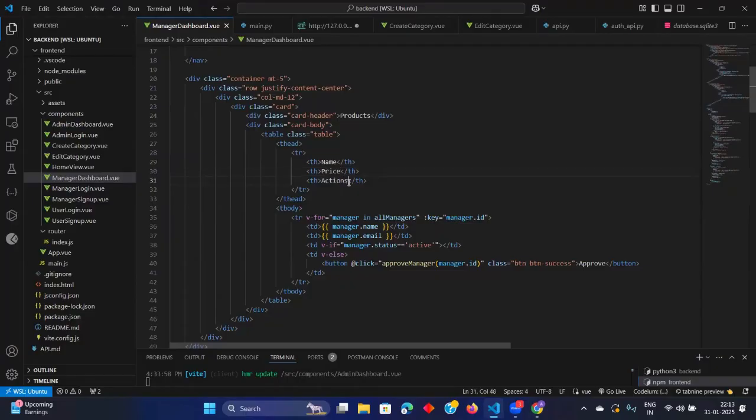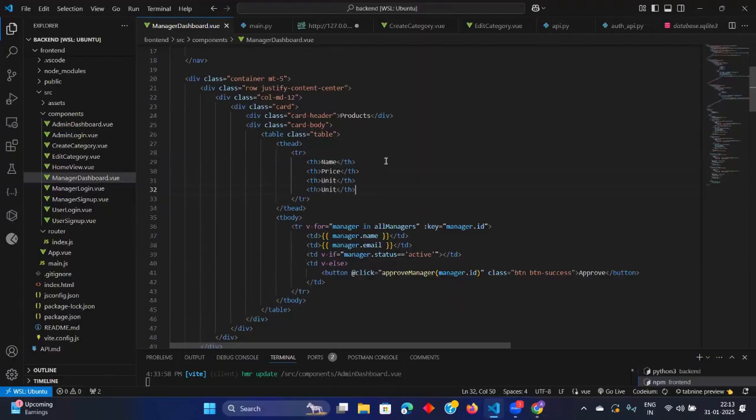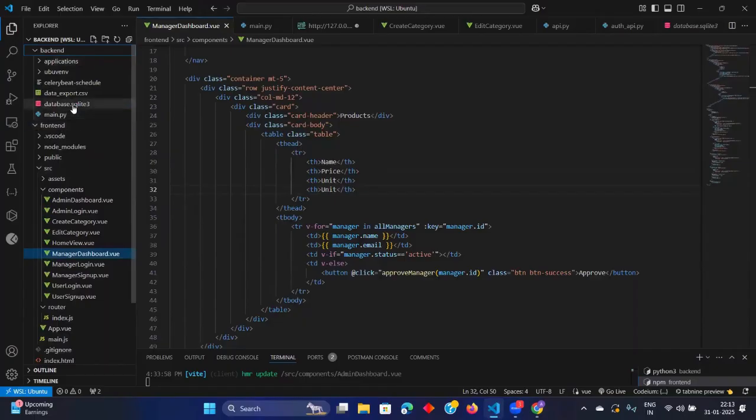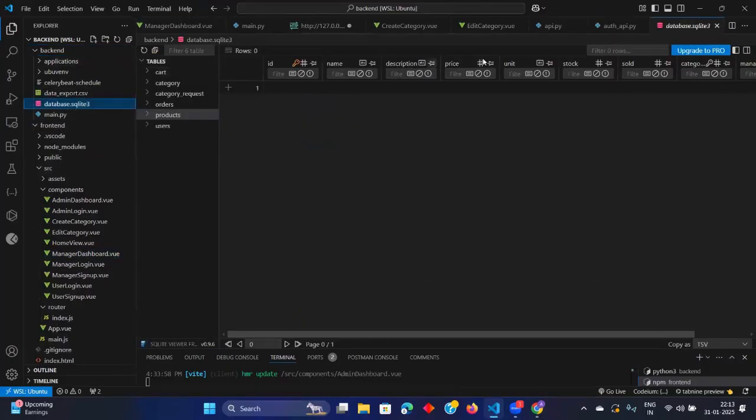Then product has unit. Then our product has name, description, price, unit, stock, and sold.